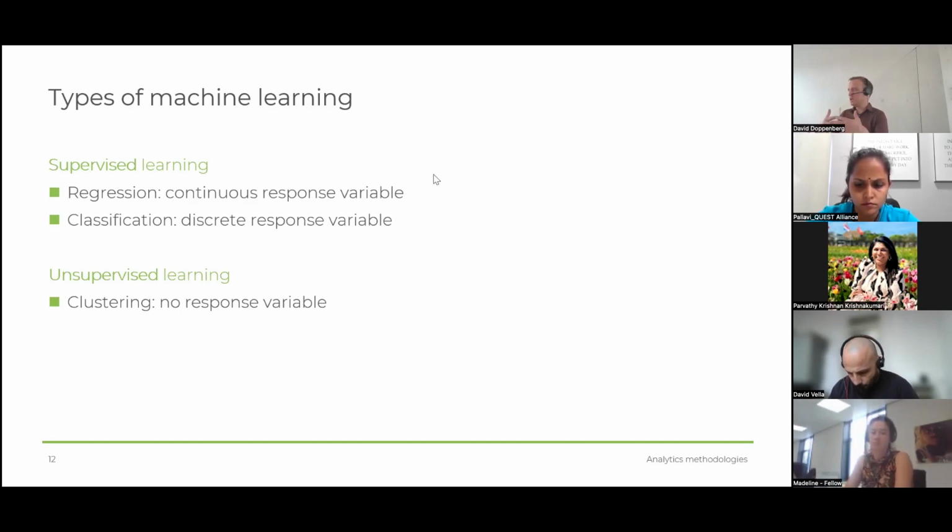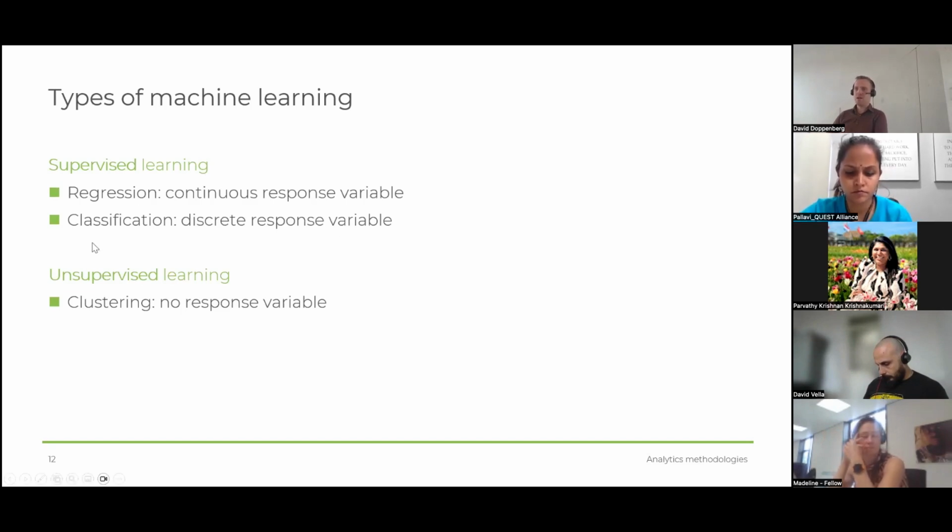Supervised meaning basically you know the target that you want to learn on. For example, you know your ice cream sales, so you want to predict this. Unsupervised learning, you don't have those target labels, and I will show you a better example later on. But within supervised learning, we have two different kinds. We have regression, which is basically we want to predict a continuous response variable, meaning not just a label, so a 1 or a 2, but any kind of number that you can think of. Classification is the bit of machine learning where we deal